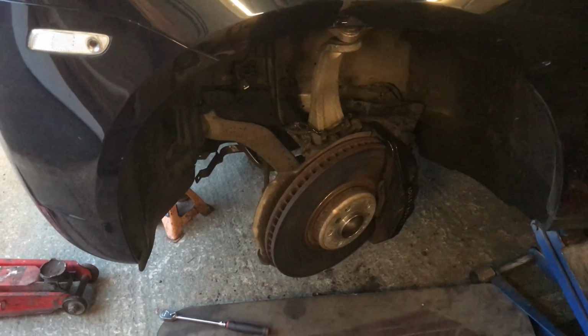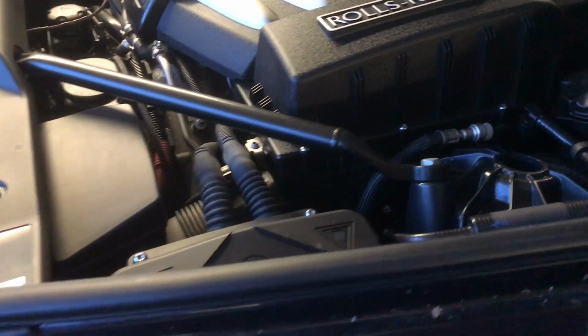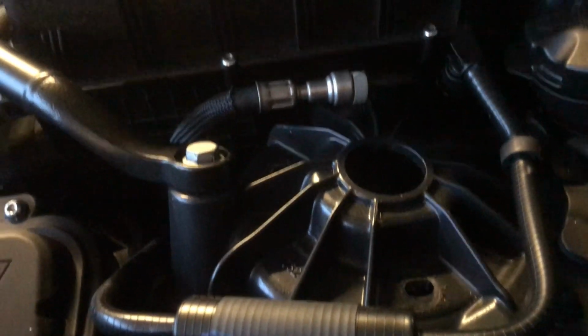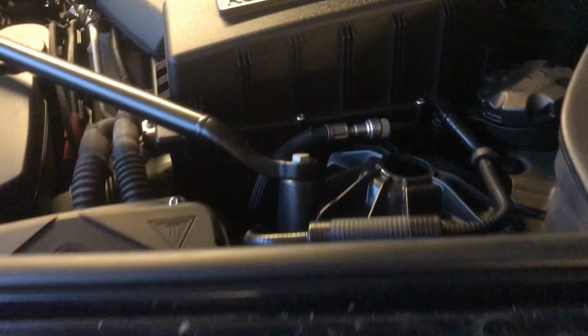So the first stage really of this job, once you've secured the car and jacked it up properly and supported it, is to undo the three bolts that are at the top of the housing of the damper. Once you've done that, you can then go under the car, having removed the wheel, and you can start dismantling